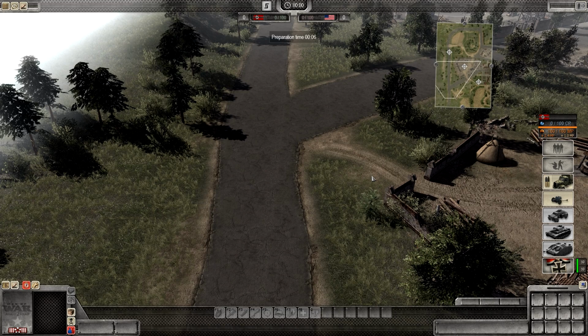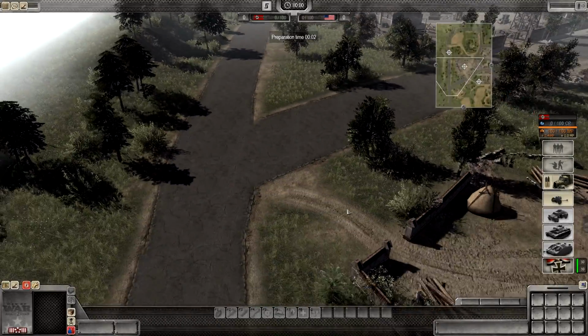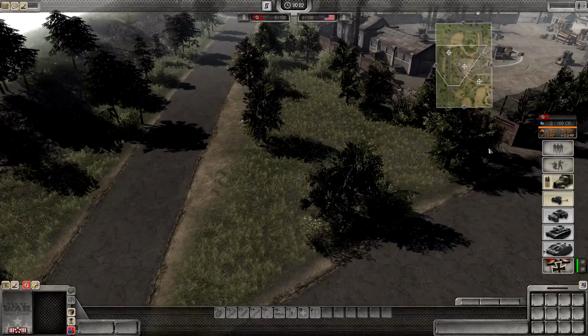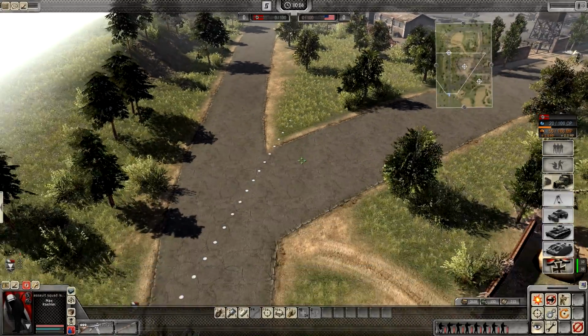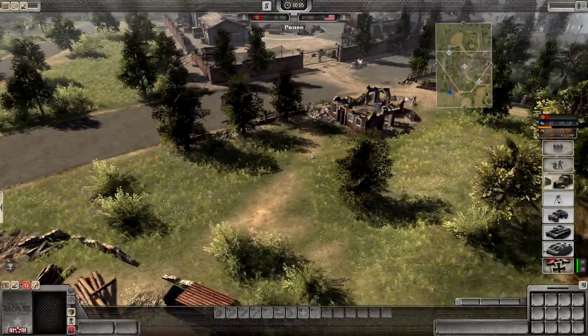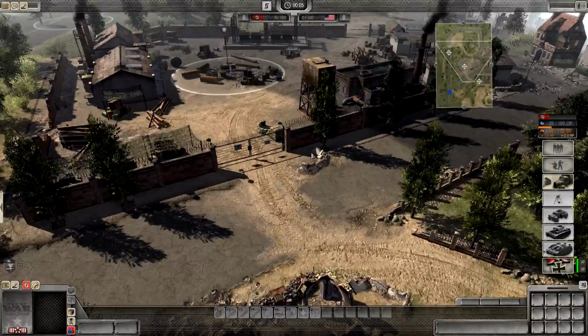Alright, so we're back. Obviously, the preparation timer is counting down. And I'm starting on the good side, which is interesting. What I always do, especially on smaller maps, I take assault infantry, and I'm gonna have to pause here for a second. So, since this actually is a 2v2 map, as you've seen, but Assault Squad 2 actually has an interesting feature